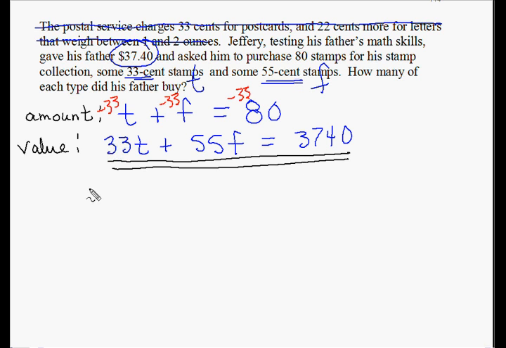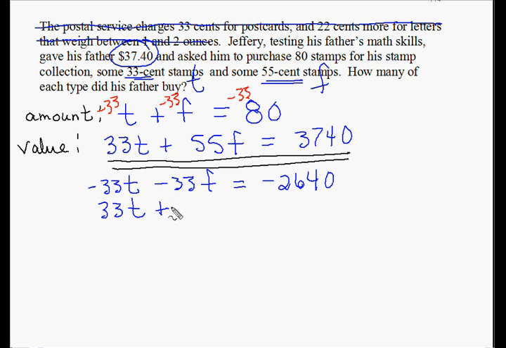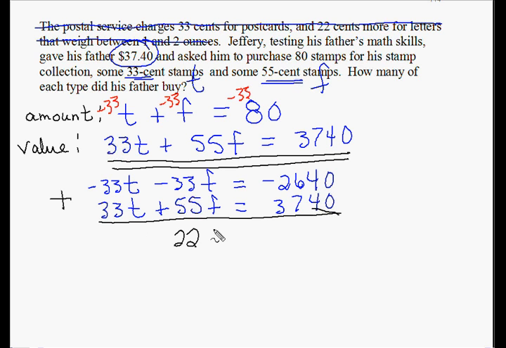Rewriting these equations side by side so you can see it, I have negative 33t minus 33f is equal to negative 2,640 when I multiply the 33 by the 80. Our second equation, 33t plus 55f, is equal to 3,740. If I do add these two equations together, the t's will go away, and I'm left with 22f is